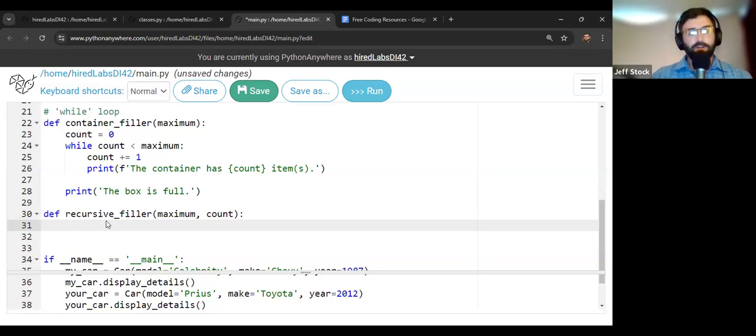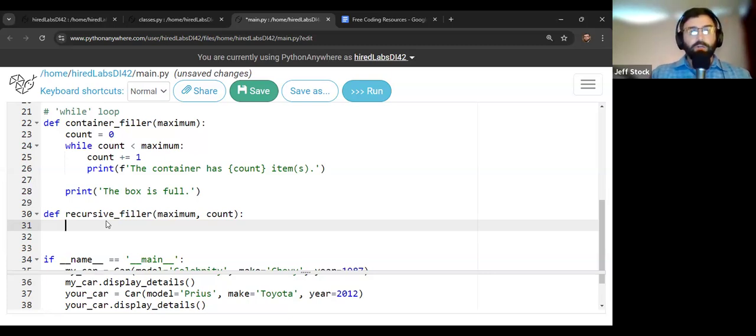So in this recursive filler, we're going to do the same thing that we did with our other filling box. We're basically just going to rewrite it again. Refactoring as a term is rewriting our program or algorithm application. So the function is basically the same as it was, and we're just going to have it written slightly differently.